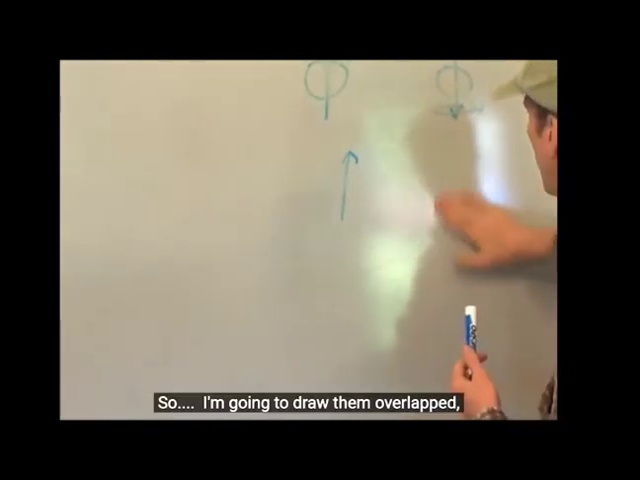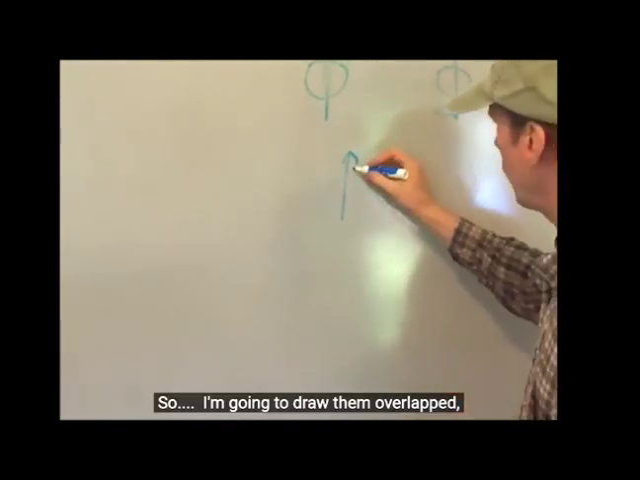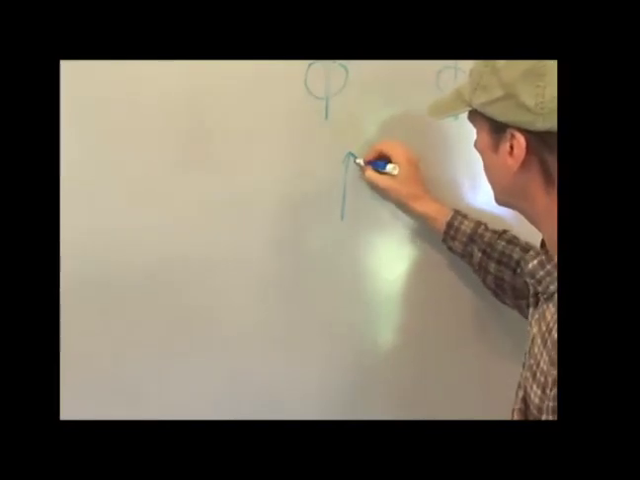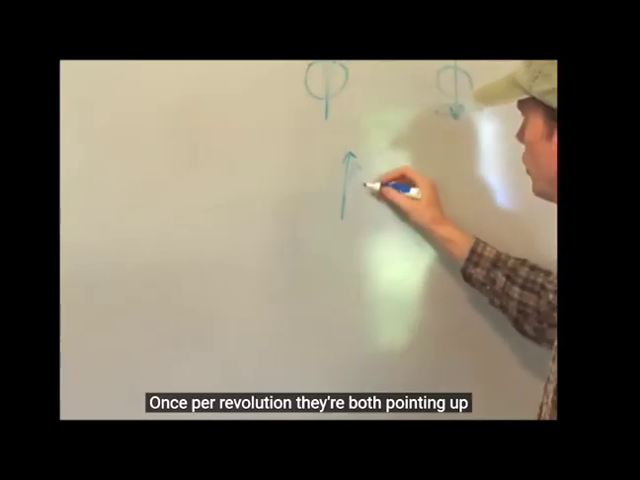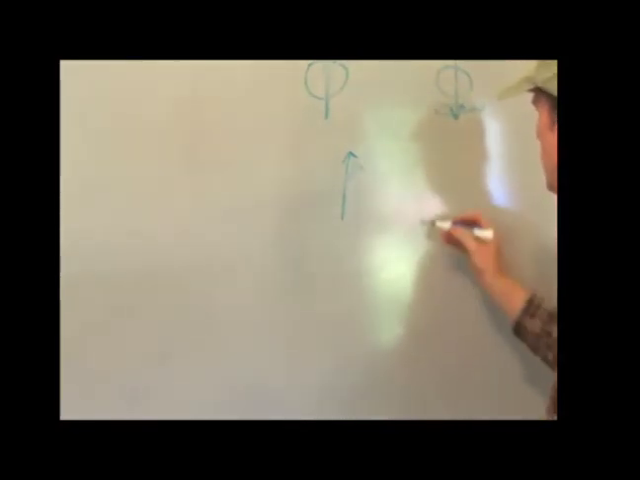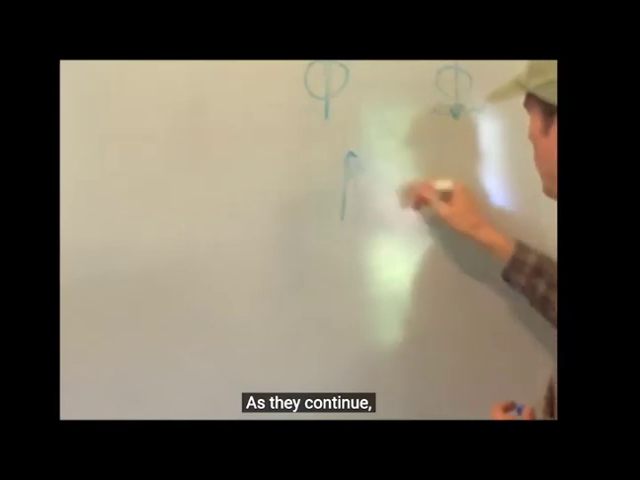So I'm going to draw them overlapped. Once per revolution, they're both pointing up. As they continue,